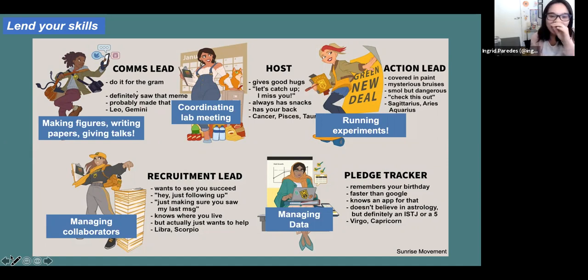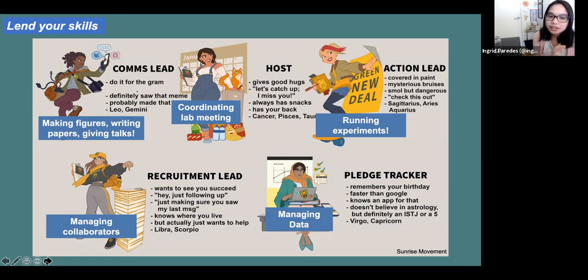But also just a lot of the back end work that we do, like hosting, facilitating collaborations, coordinating group meetings. I feel like a bulk of your PhD is planning and then troubleshooting, executing. This comes to really knowing how to manage your time and also manage a team. So being a recruitment lead in that way.